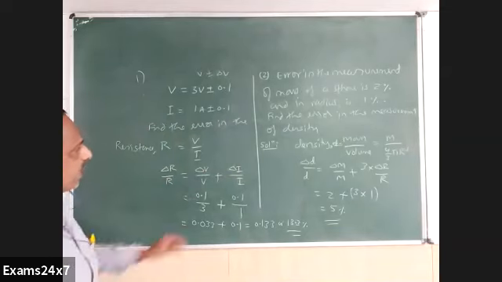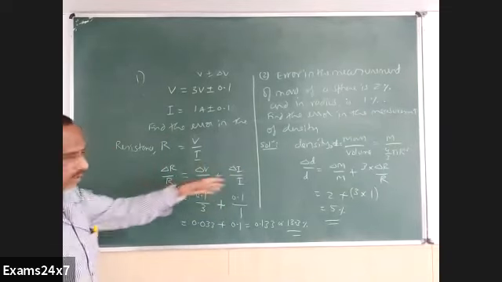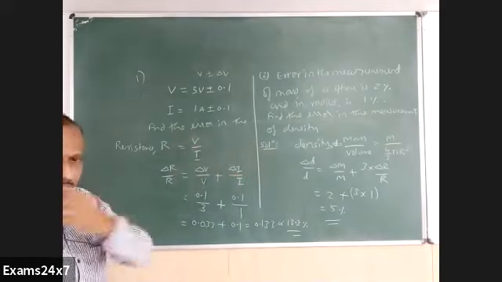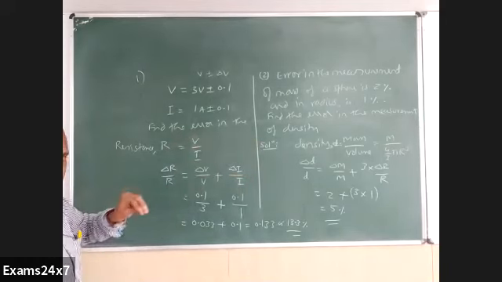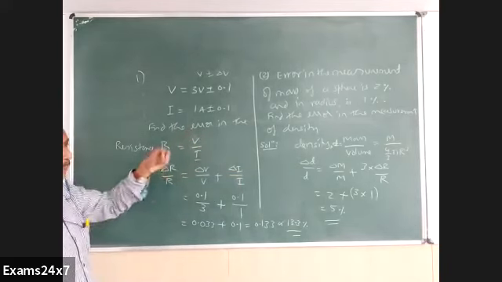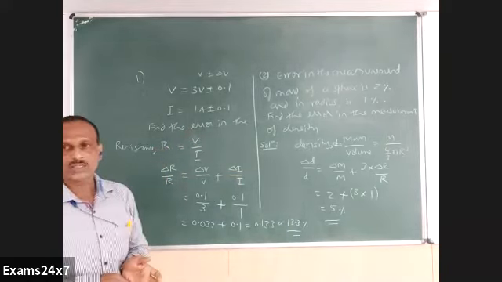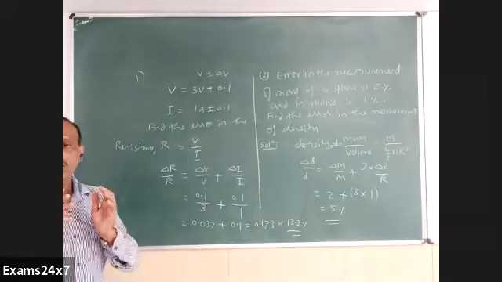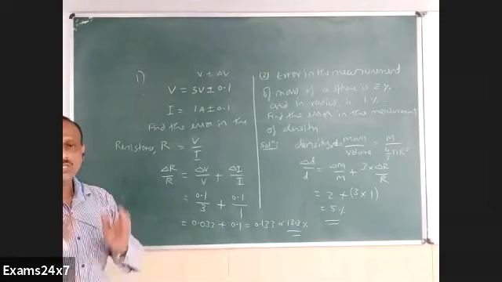So these questions look slightly different, but basically no difference. You should know the exact link, like density is equal to mass by volume. These are all very basic connections. Or resistance is equal to voltage by current. And some typical formulae like volume of a sphere is 4 by 3 pi r cube, surface area 4 pi r square. Similarly, for a hollow cylinder, what is the surface area?